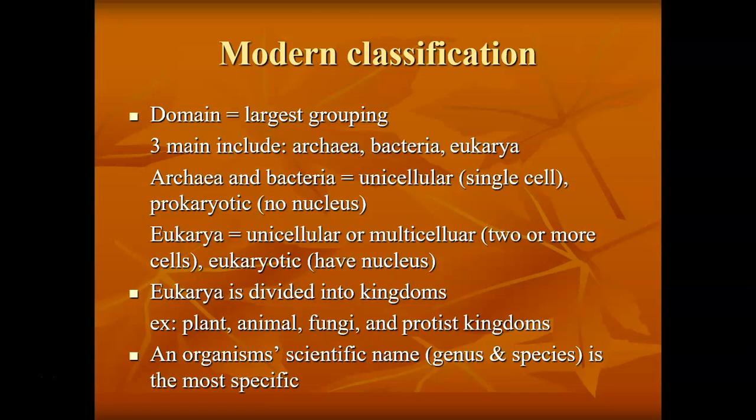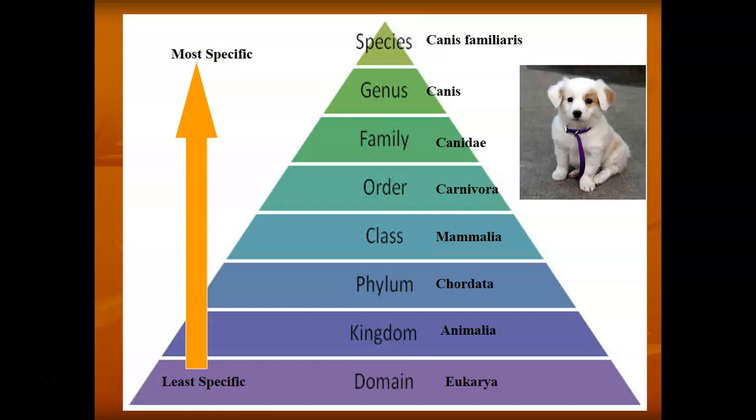specific classification. So if I take a look at, once again, a similar idea to what we did with the levels of organization, bottom of the pyramid being the most inclusive, or the least specific, working our way all the way up to the most specific, or least inclusive, to the top of the pyramid, this is what you're looking at, right? So if I give you the example of our cute little puppy dog there,